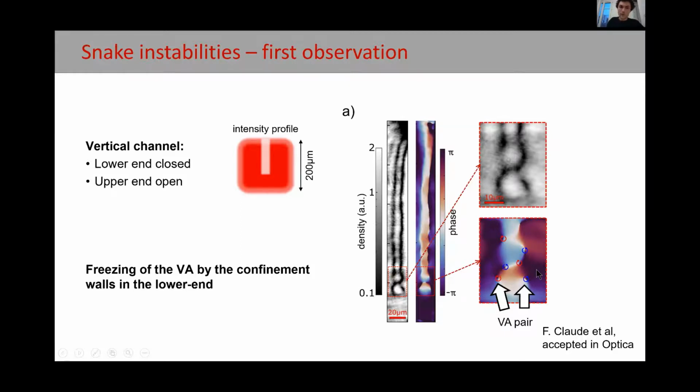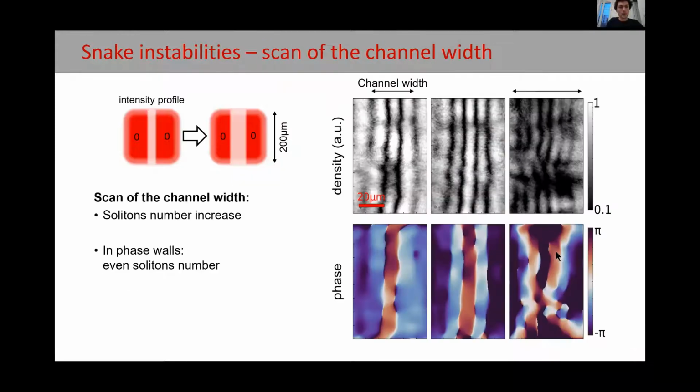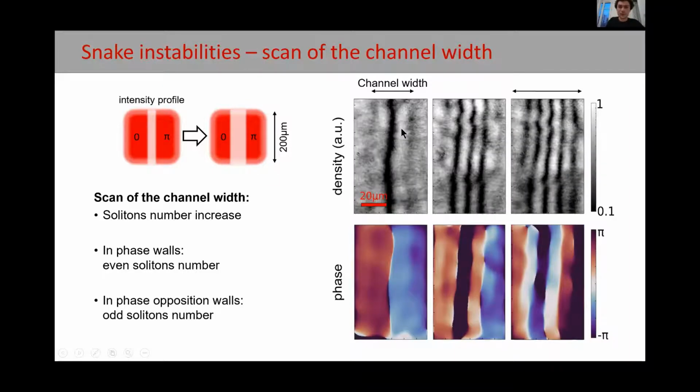After this experiment, we tried to change the number of solitons we generate in our photon fluid. To do this, we change the channel width, and as you can see here, we have successively 2, 4, and 6 solitons. We have an even number of solitons in order to preserve the phase between the two high density walls here and here. This phase is fixed by that of the driving field. If now we put the two high density walls in phase opposition, we generate an odd number of solitons: 1, 3, and 5 solitons successively, still depending on the channel width.